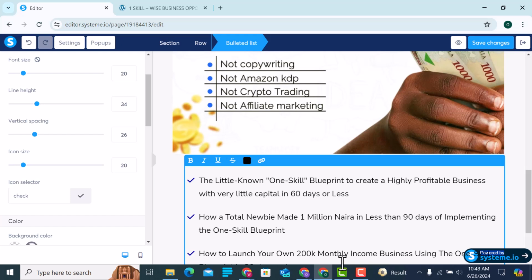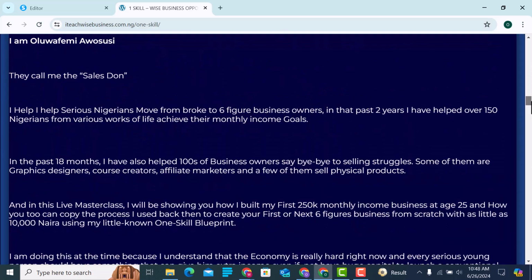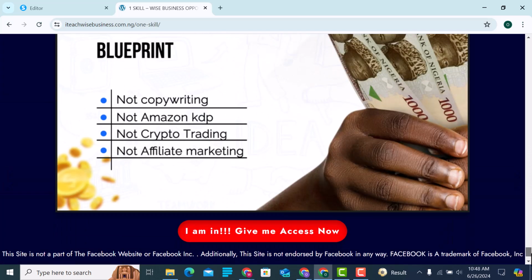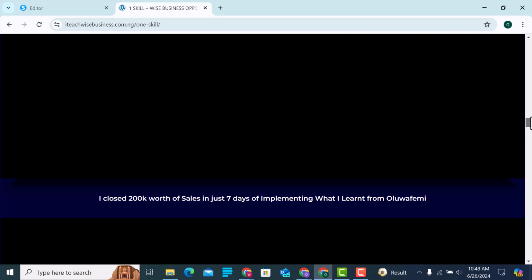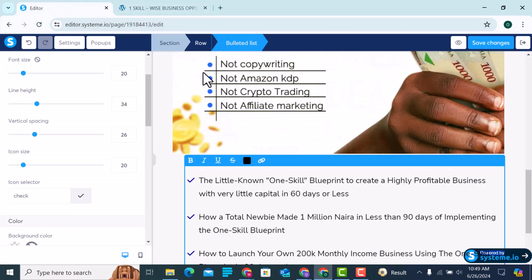After you have done this, the next thing you want to do is to save it. Ensure you save. If you don't save, you have not done anything. You can have the other features on my own funnel that I'm using, all these long texts behind the training, if you want. But if you don't want, you may not have them. I advise that you try to get them and put them inside if you can, but if you can't, let it go. This is good enough to generate leads for you.